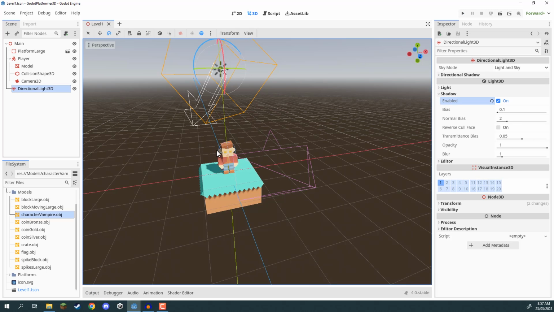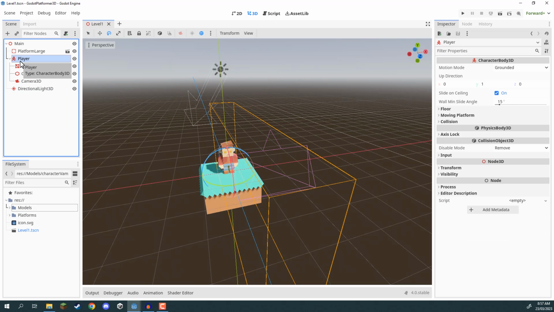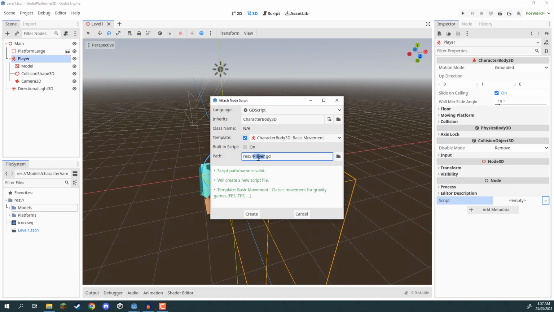So now what we can do is start setting up our actual player script, which is going to control the player's movement and their jumping. Now to do this, we are going to select our player object right here. We're going to go to the inspector, go down to where we have script, and we're going to create a new script. We're going to call it player,